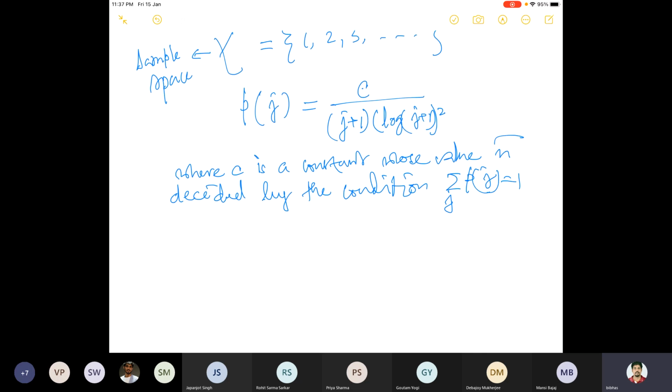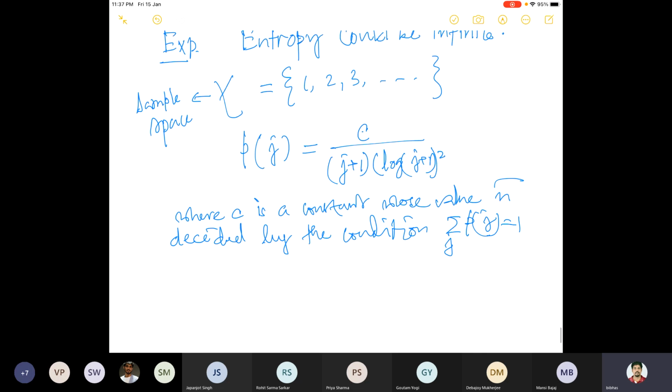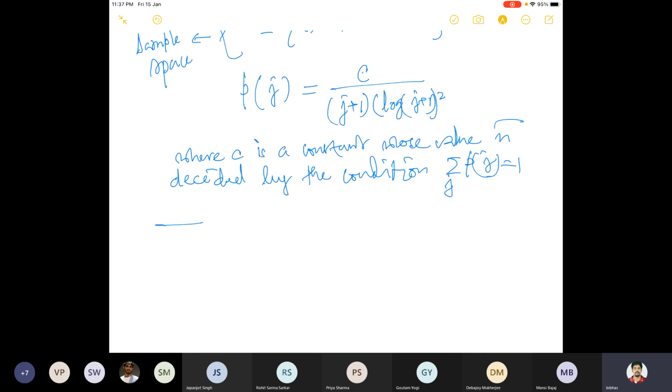There are many small things. Somebody wants to say something? Sir, I was thinking, what if I define it as 1 by 2 power j? Yeah, you can define that and see whether it is finite or not. Every term will be 1, so it is a sum over n, where n tends to infinity, of 1. Yeah, you can do that. There are many more, but I'm just giving an example.